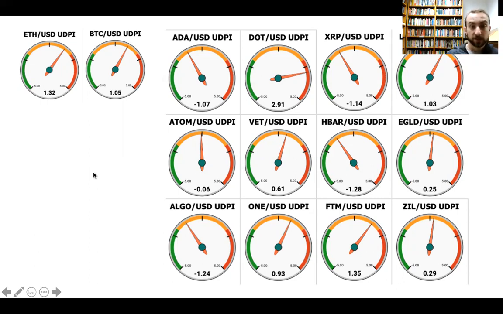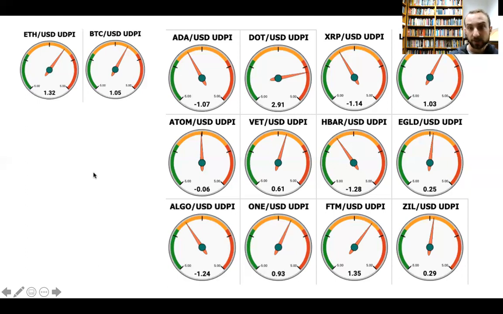that are tilted to the left. Where the needle is pointed to the left, it means that there's relatively low downside potential and relatively high upside potential. It means risk is relatively low when the needle points to the left. And we can see that with ADA, XRP, HBAR, and Algorand in particular. So those four seem to be relatively favorable risk-reward ratios at this point in time.